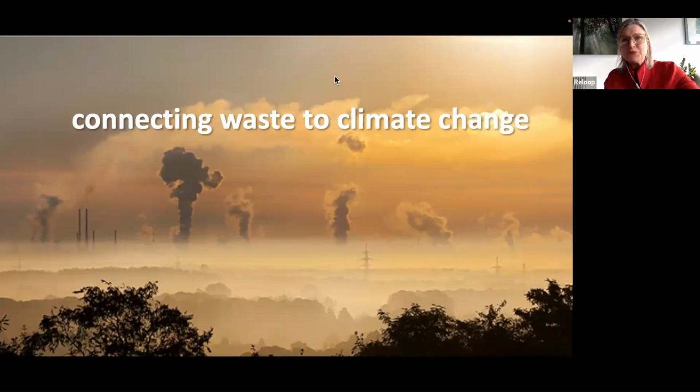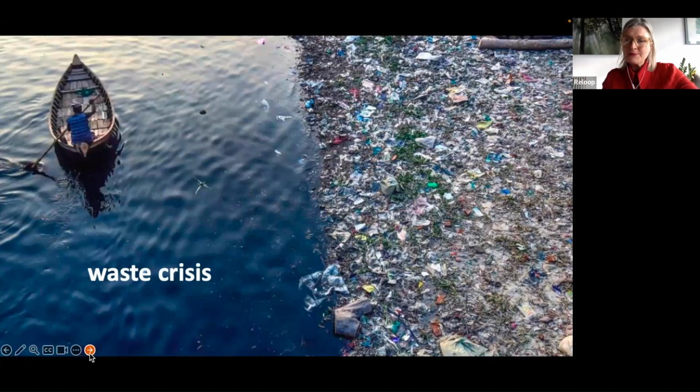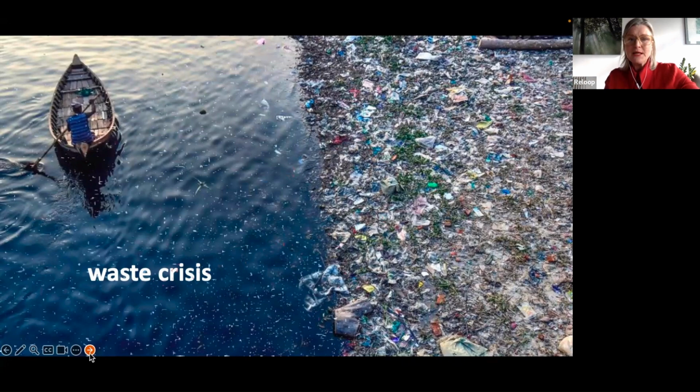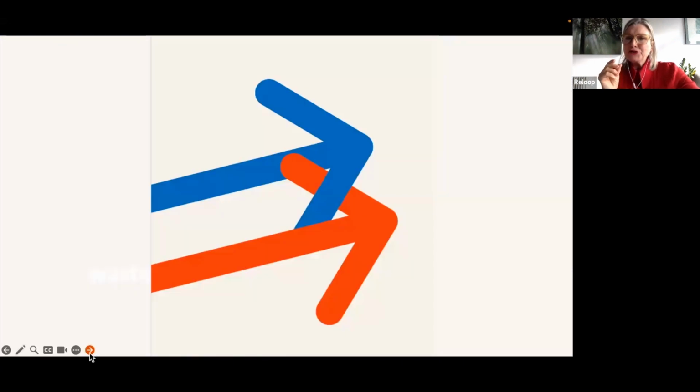So one of the things we did at Reloop was we wanted to better understand what would be the impact on climate change, but also the impact on waste if we were able to get to 90%, but at the same time, be able to take the material that we collected and recycle it right back into bottles and cans. And we wanted to look at the dual action of both the high collection, but also the high quality recycling, closed loop recycling, where you can actually have it multiple times around.